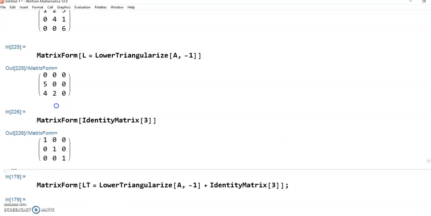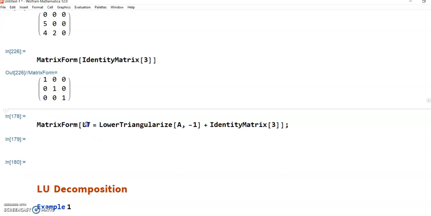And then we get this identity matrix. You can see that if I add this identity matrix to this one, then we can get the lower triangular matrix in our desired form. We can call it LT. Then we use the lower triangularized A with -1, plus the identity matrix of size 3, and then